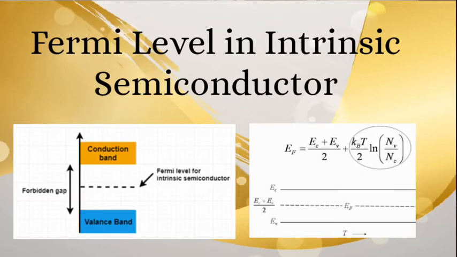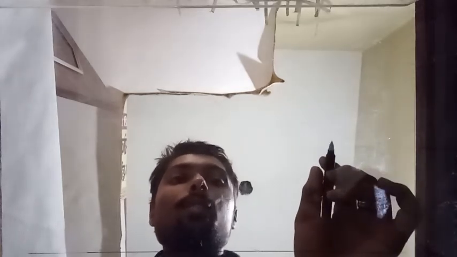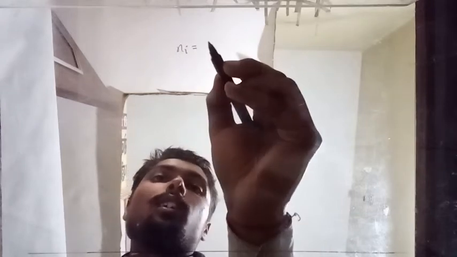So welcome once again. Today we are going to discuss and derive the Fermi level in the intrinsic semiconductor material. Before going into the derivation, first we will try to understand the concept of effective density. We all know what density is. When we talk about density of an intrinsic semiconductor, this is the number of electrons